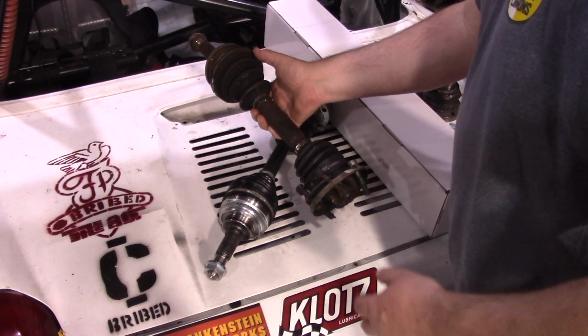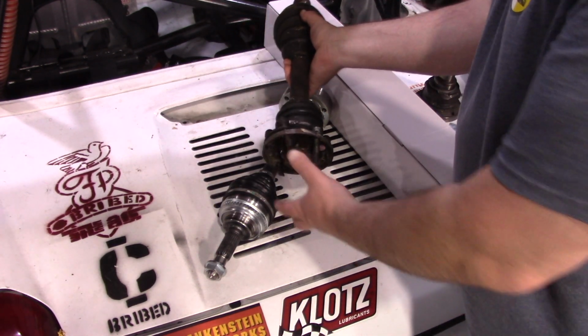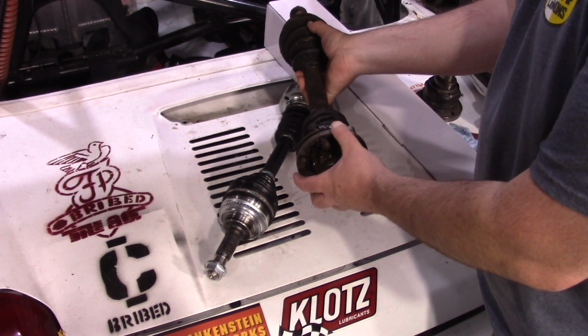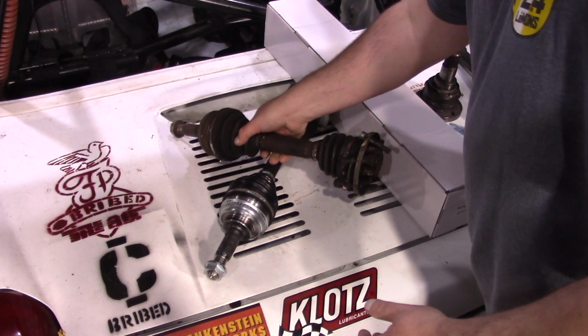And then you had to buy this, and then you had to do your best to rebuild it with the parts that were available. Now, thankfully, ATS makes an upgraded CV for this side, so you can take care of all that side. If you didn't need upgraded, there was,